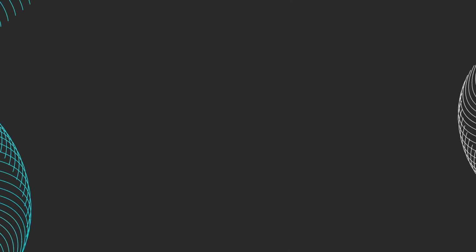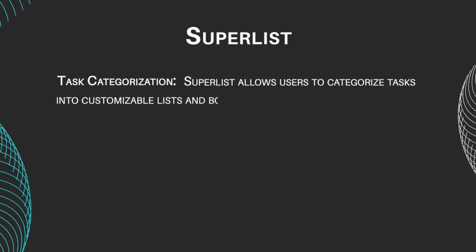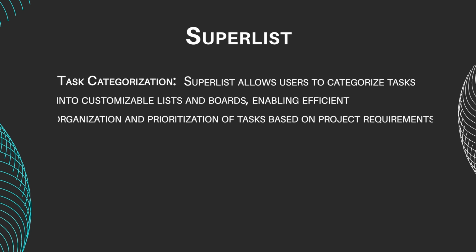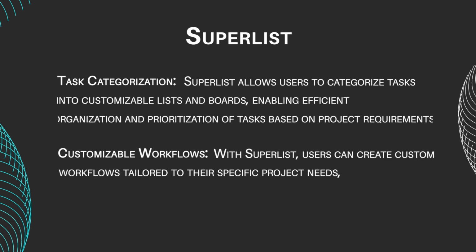Let's kick this comparison off by taking a look at these programs' main features. Superlist features include task categorization. Superlist allows users to categorize tasks into customizable lists and boards, enabling efficient organization and prioritization of tasks based on project requirements. Customizable workflows. With Superlist, users can create custom workflows tailored to their specific project needs, streamlining task management